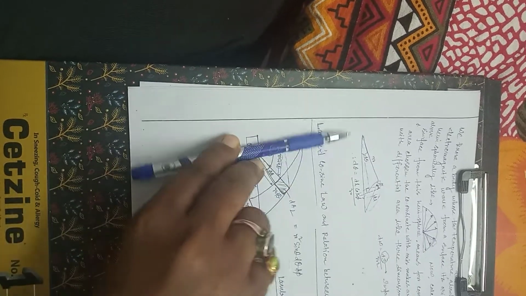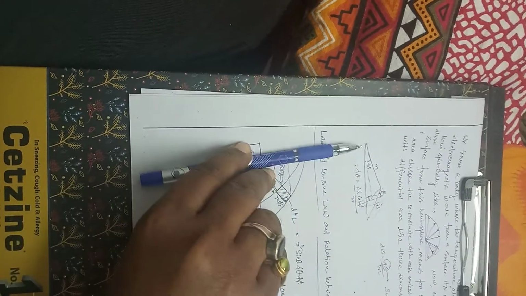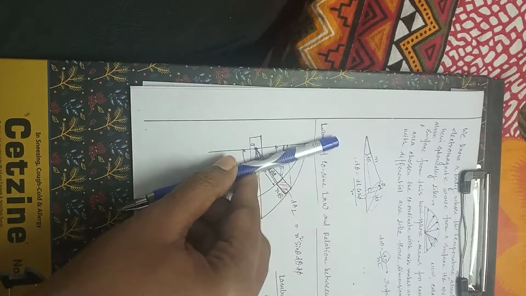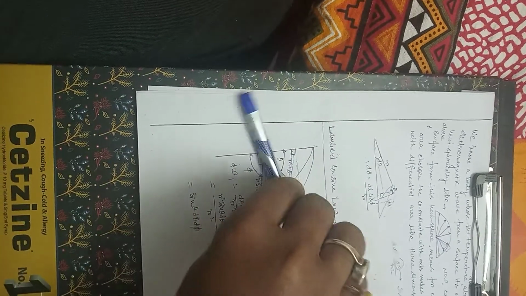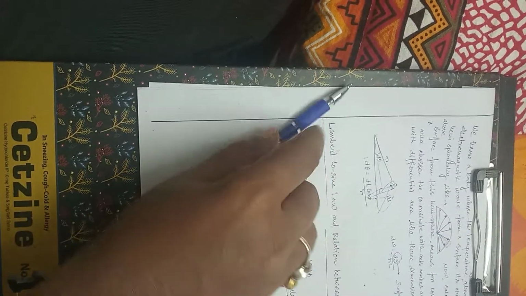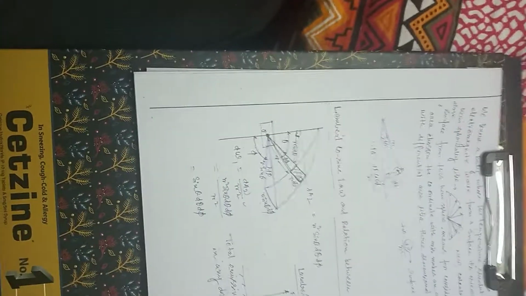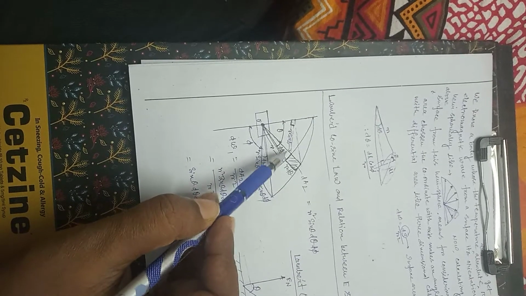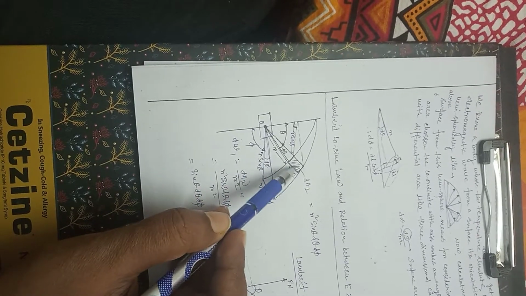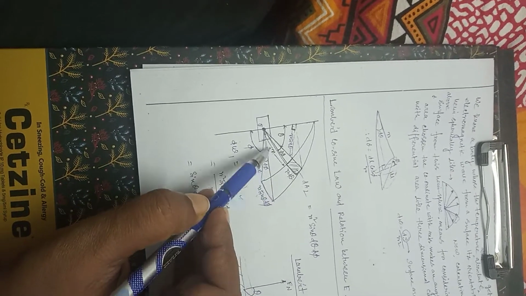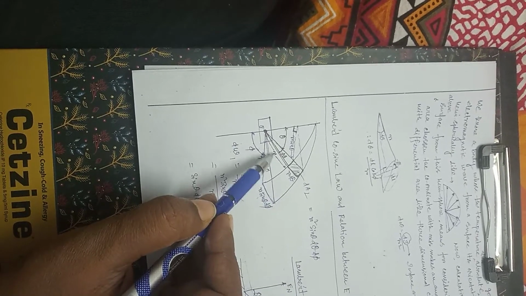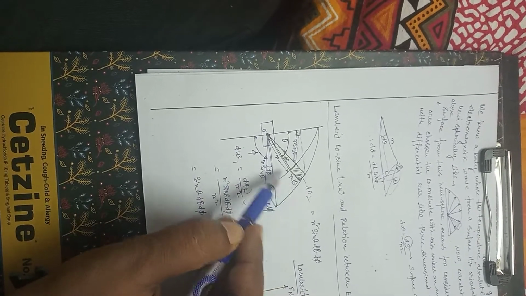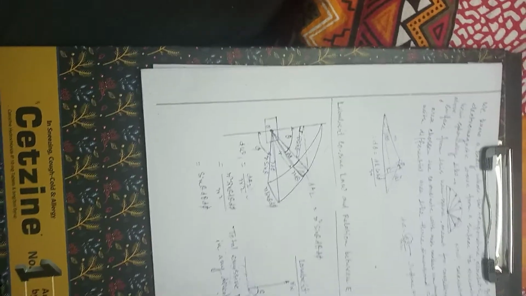One is the vertical position, and the other is the horizontal position, which sweeps horizontally throughout the surface. Now this is the small angle considered for a particular elemental area. This arc is small, so its value will be r d theta. Very easy.